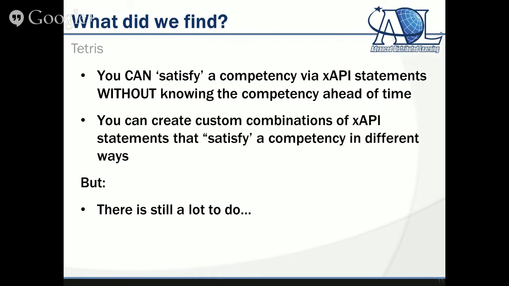A second thing is that you're not just limited to turn this thing green or turn this thing red. You can create custom combinations of those Experience API statements with extensions to satisfy, quote unquote, I know I'll get beat up on some of these words, satisfy a competency. I don't mean satisfy a competency. What I really mean is that you can associate data with a competency in different ways, and that can be to give badges. That could be to say you're an expert.